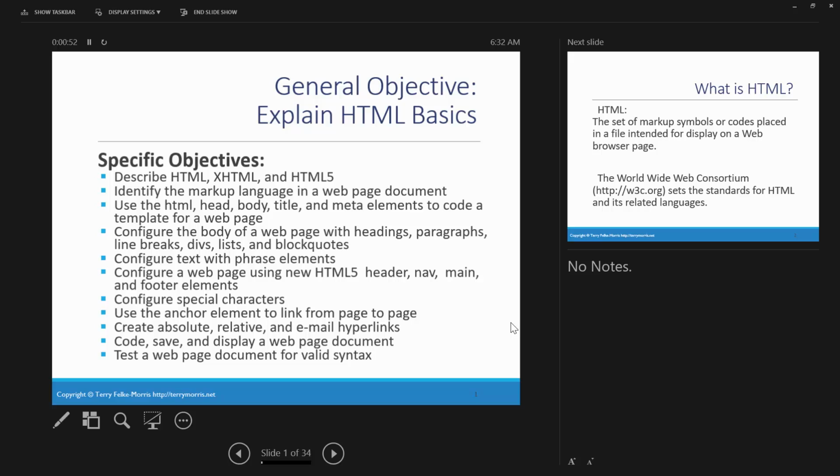We'll talk about how to configure a web page by using the different headers, paragraph tags, line breaks, divs, lists, and block quotes. We'll configure text with phrase elements. We'll have an introduction to some of the new HTML5 tags such as header, nav, main, and